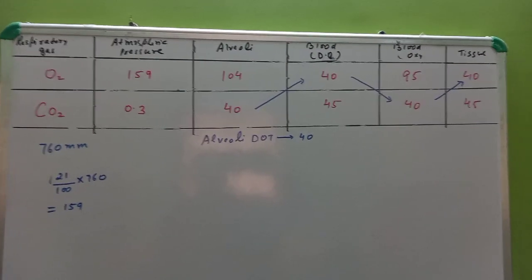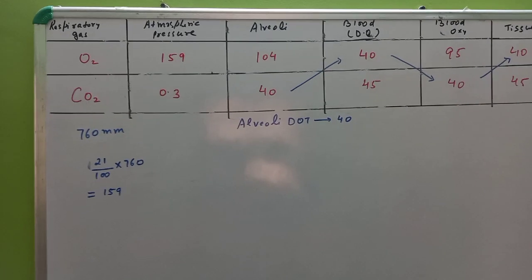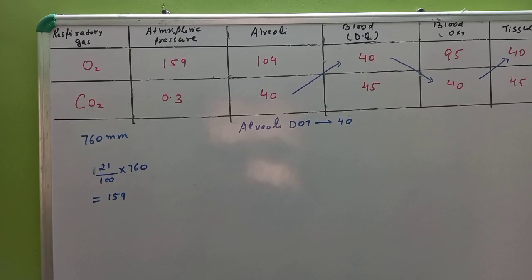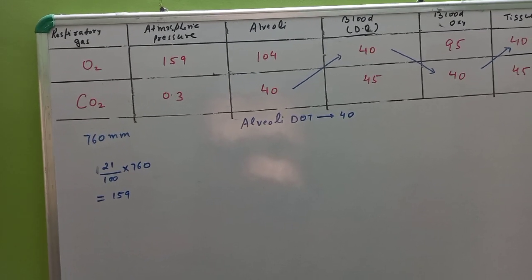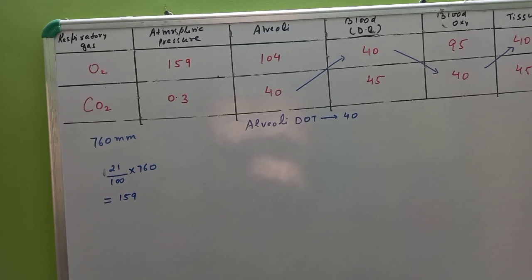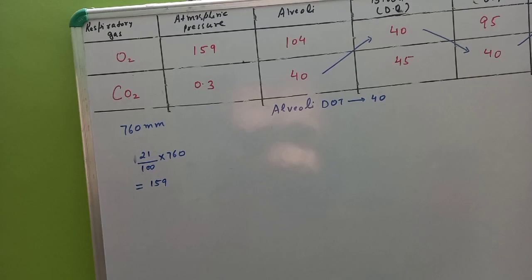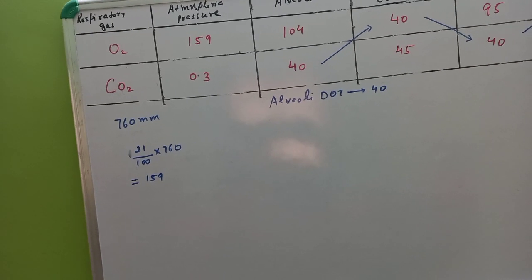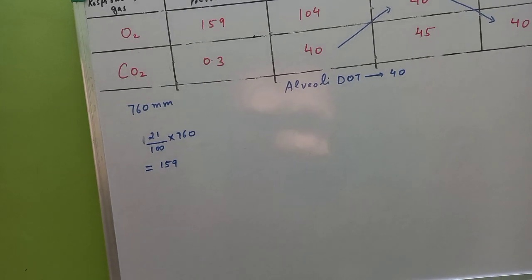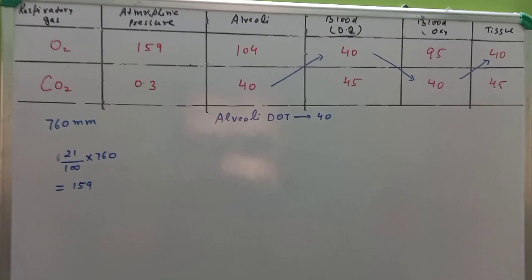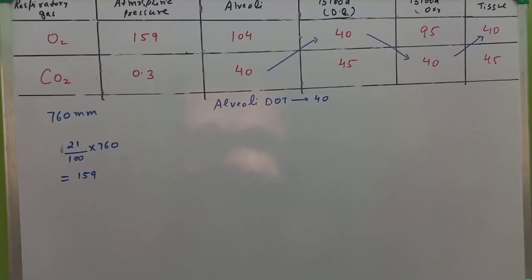Now children, this is a diagram or a table that describes the partial pressure of gases, or the concentration gradient of oxygen and carbon dioxide, in alveoli to blood and from blood to tissue. So this table indicates that, as we all know, in respiratory gas there are two types of gas,